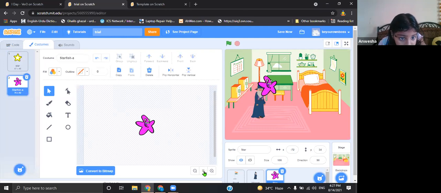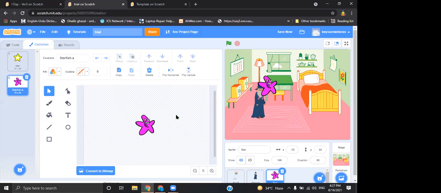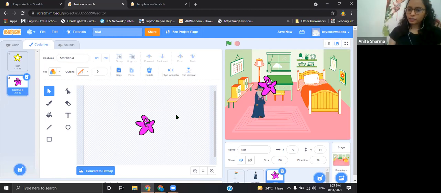All right, all of you, we are coding for the star right now. So you just be there and code for the star. Later on, when we finish this activity and have the chatting time, then you can tell your doubts. We'll solve it. Fine. So right now, just focus on the star code.